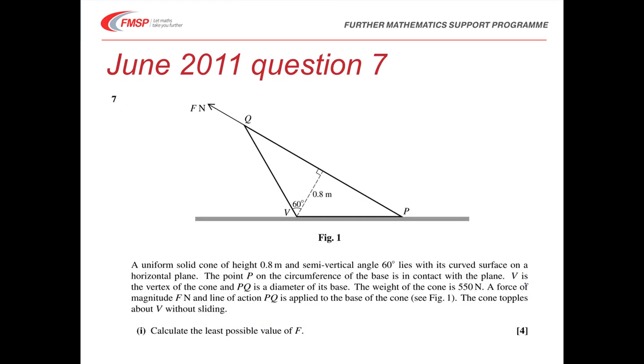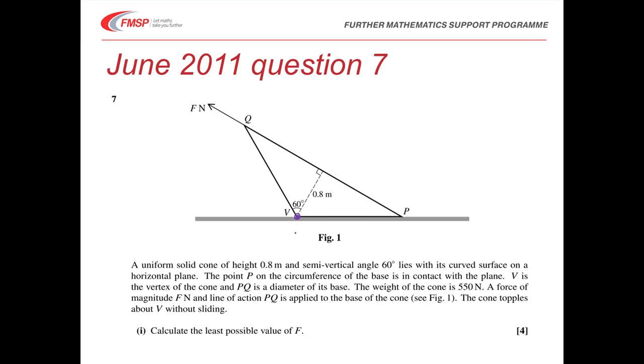Well, let's move on to another question then. And this one involves sliding and toppling. And what we have in front of us in the diagram is a cross-section through a cone lying on a flat surface. So of course the curved cone is only in contact with the surface along the sort of line that we see in the diagram here. And we have a point V,